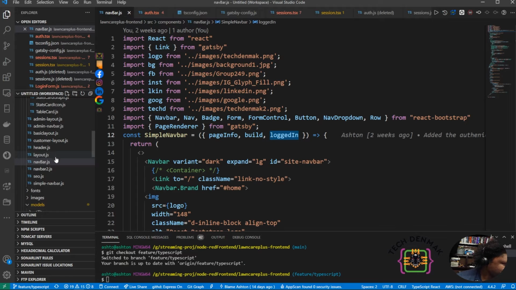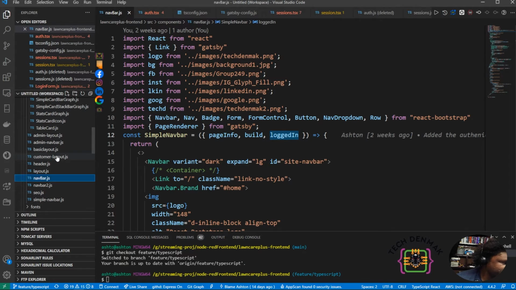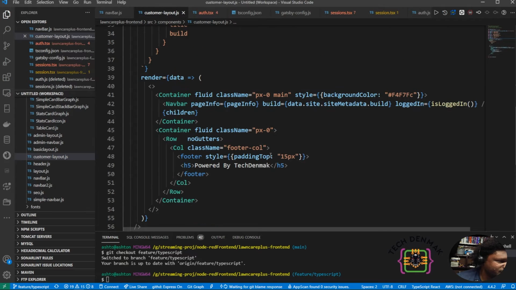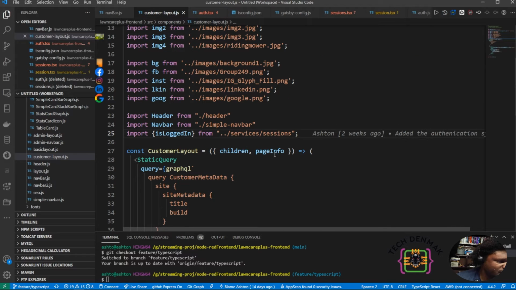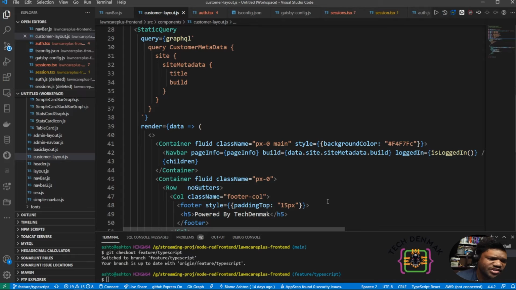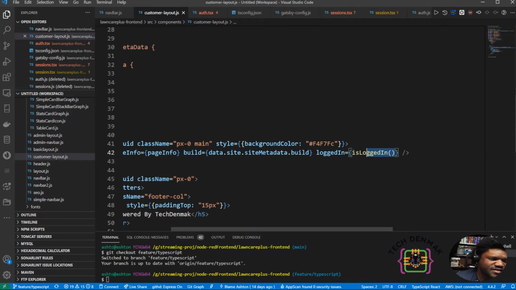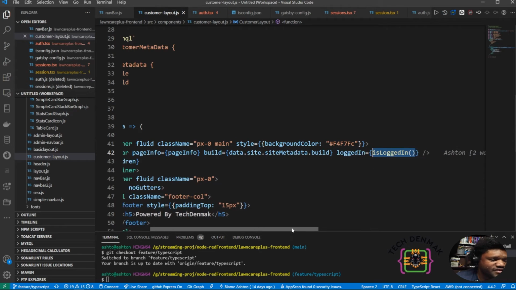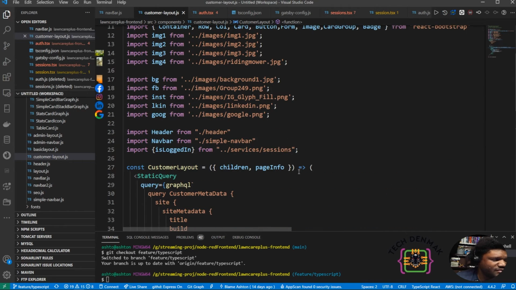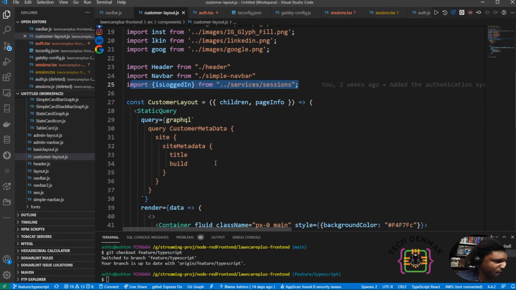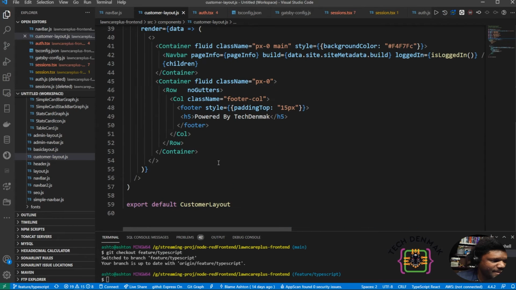So if I go over to layouts, maybe like customer layouts, this is one of them where I think I injected. So like right here, see how I got is logged in? I'm going to have to go through and change all these services where it calls the service.login on the layout level, and then it passes it in instead of pulling it directly from here. This is why I leave the old code in, because you might break a few things, and I don't want to break anything right now. Okay, so after I do that,